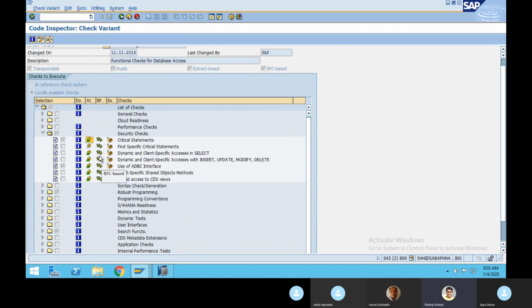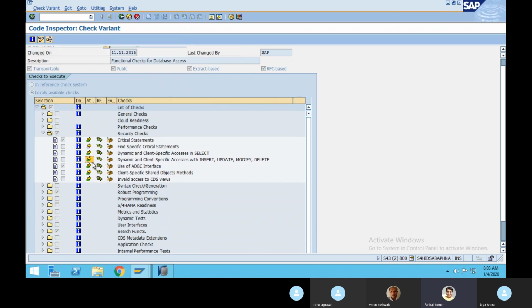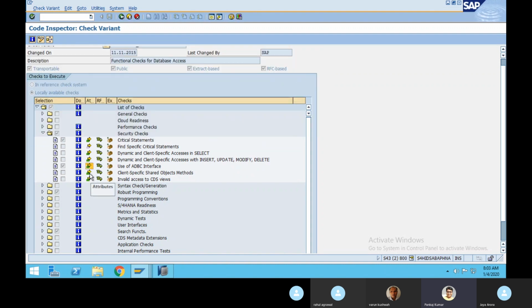Close this one. Similarly, you can go and check dynamic and client specific select. You can go one by one and check what they are performing the check against.